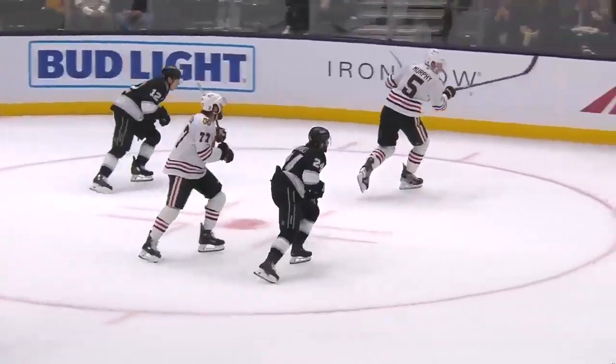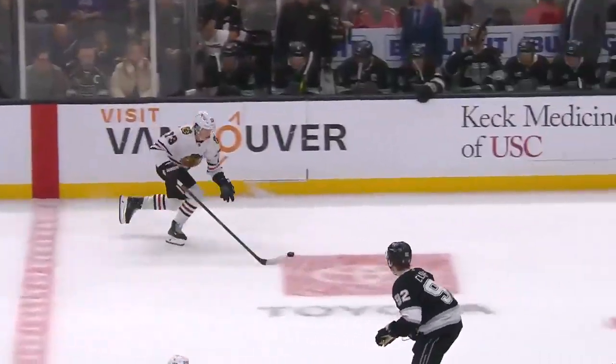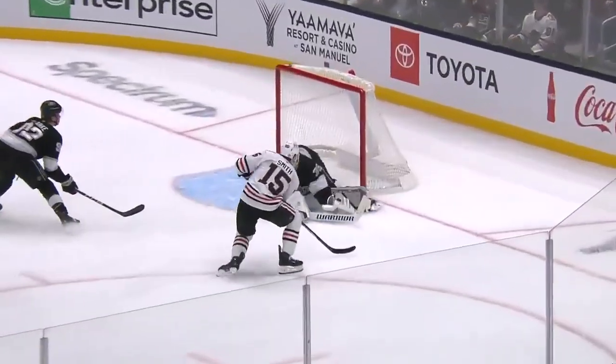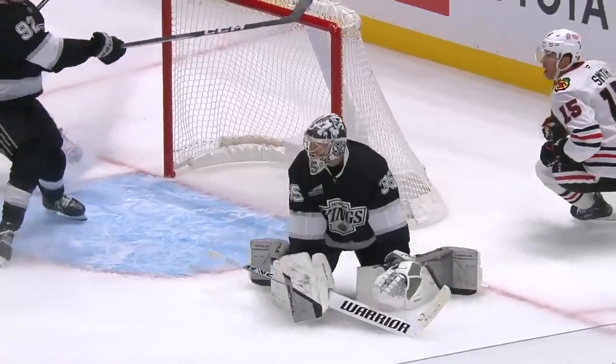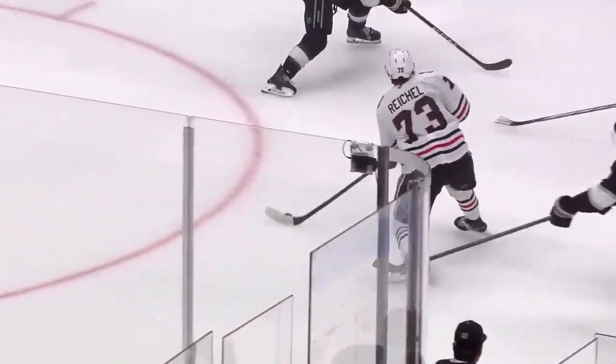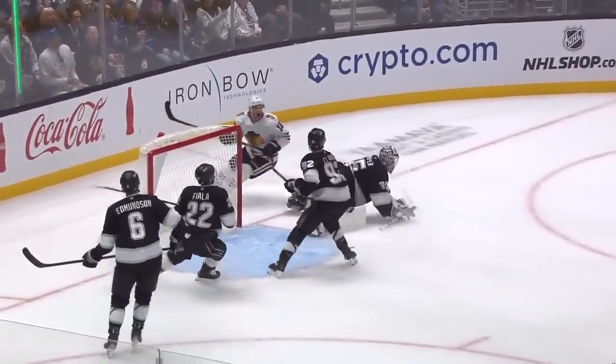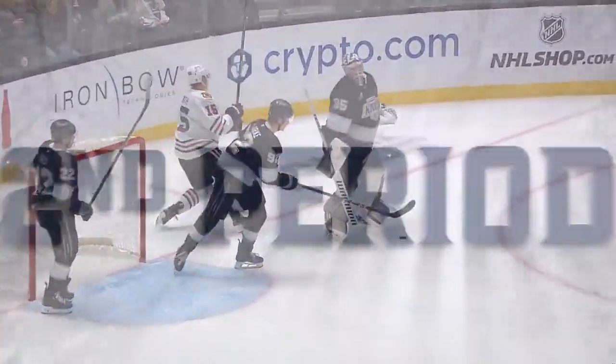A seventh. Oh, big save by Kemper. And after 20 minutes here in downtown LA, 1-0 LA. We talked about this being a theme this year. We're early in games. Now, this is at the end of the first period, but Darcy finds a way to come across, and when he does so, he's coming across with...